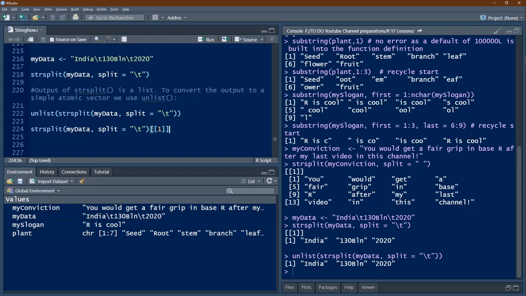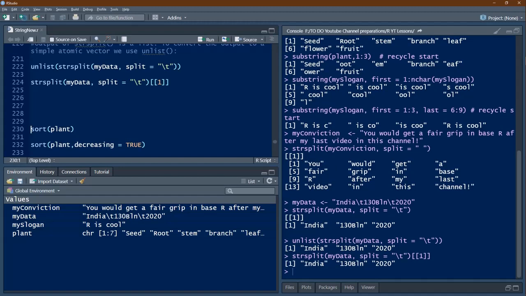Here string split, my data, comma, split, and then the split character. The whole thing produces a list, and that list we are now taking the first element, the content we are requiring. So we put double square bracket. So this has also resulted in the same information. So we got the same vector. So now we'll move on.